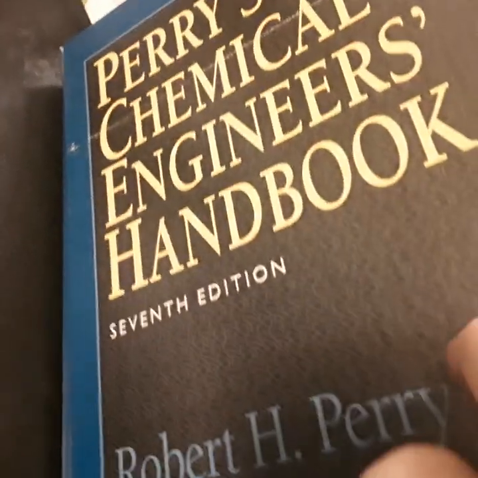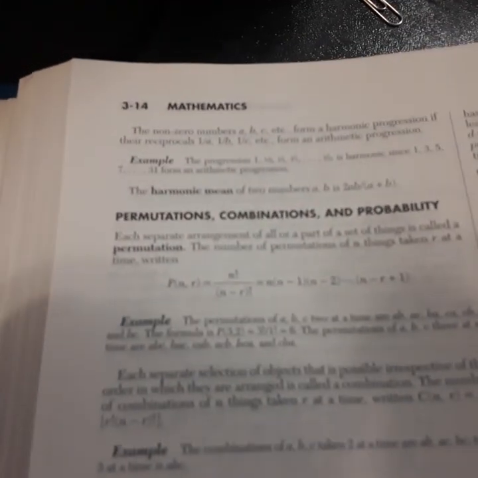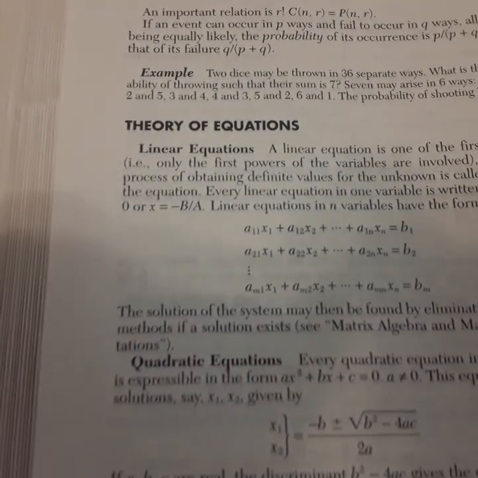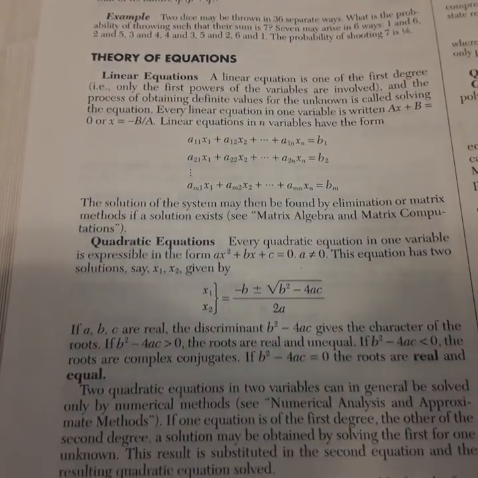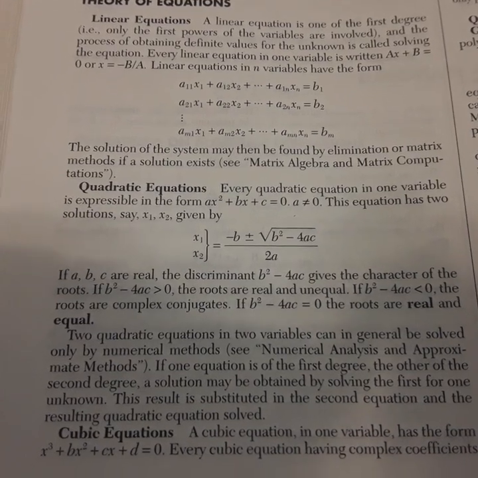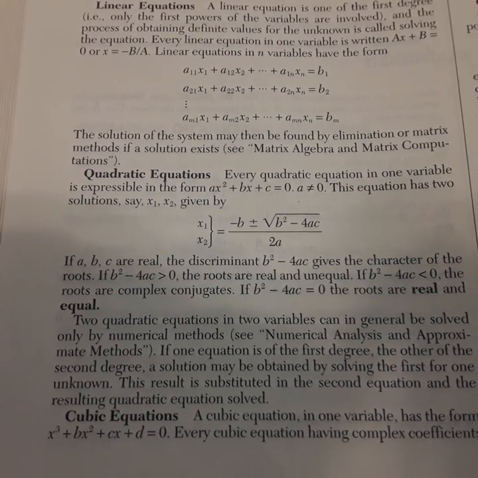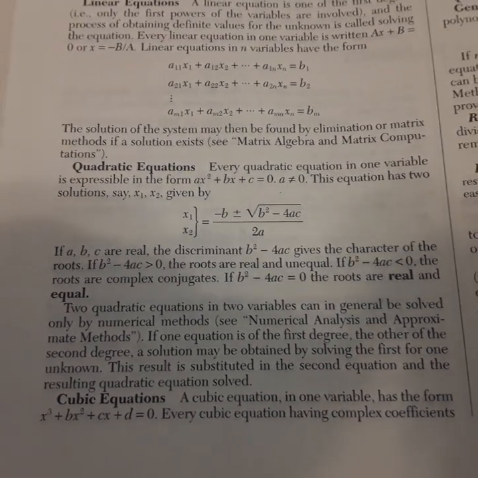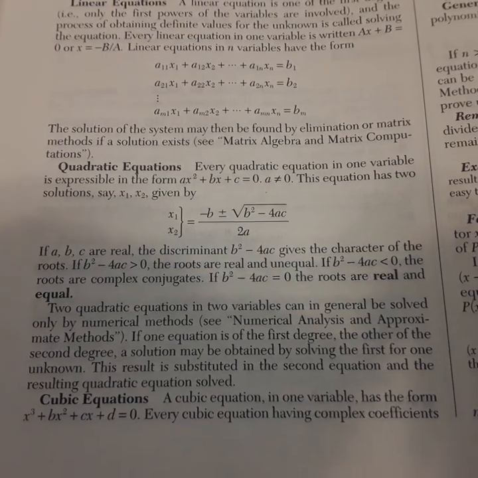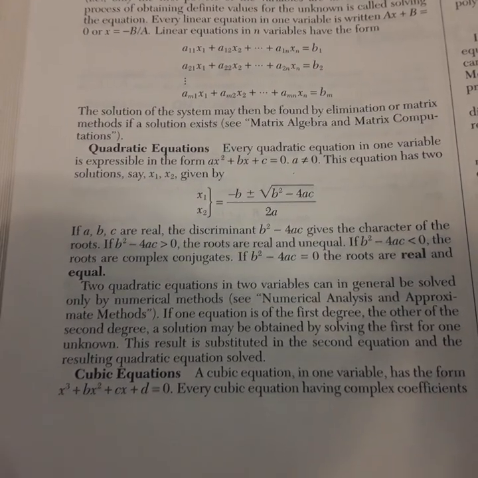And again, the definition of a quadratic equation, and you can see here, this is my book. It's the Perry's Chemical Engineers' Handbook, the 7th edition. You can see it here on the chapter of Mathematics, page 314, and it explains what linear equations are, and it explains quadratic equations. Every quadratic equation in one variable is expressible in the form ax squared plus bx plus c equals 0. A cannot be equal to 0. This equation has two solutions, say x1, x2, given by,